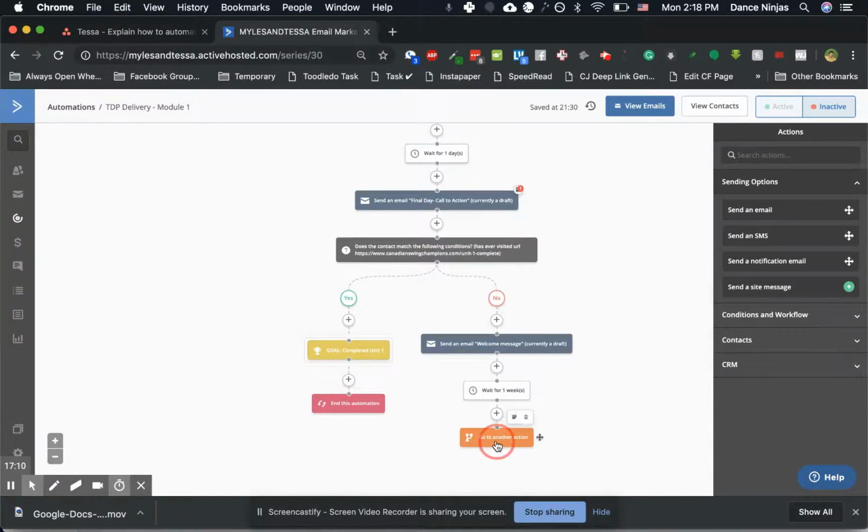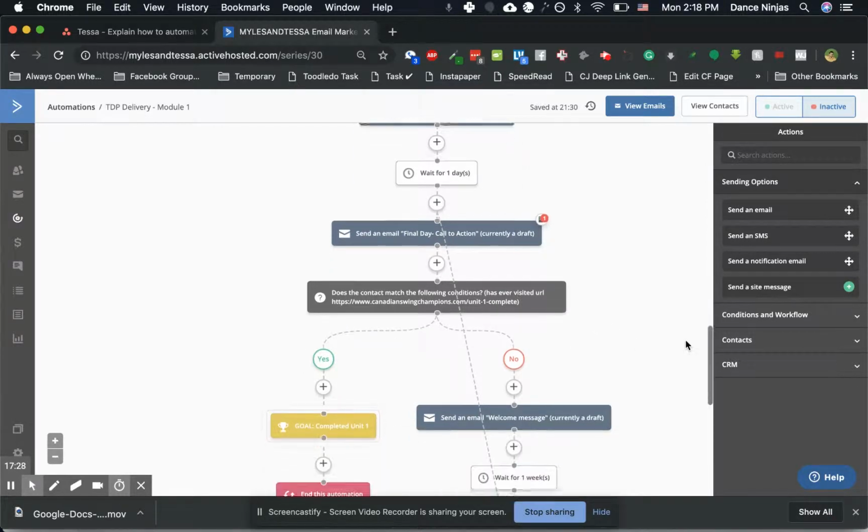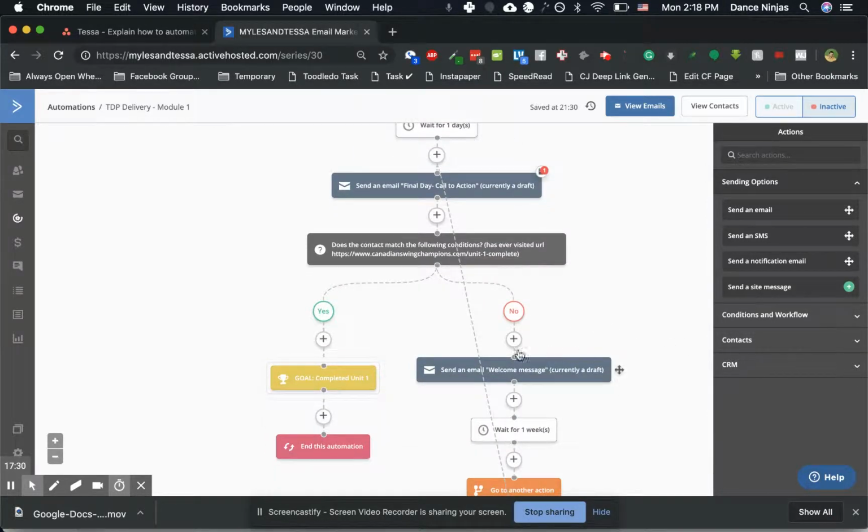I'll have to look into what's going wrong there. Oh, there we go. Now it looks like it's working. Although I'm not sure if it's going to this email, or if it's going, it looks like it's going to this email. Although that's not bad, because basically these both are emails that are reminding them, hey, you haven't finished. Here's why you should finish. Hey, you haven't finished. Here's why you should finish. So you could create this kind of perpetual loop